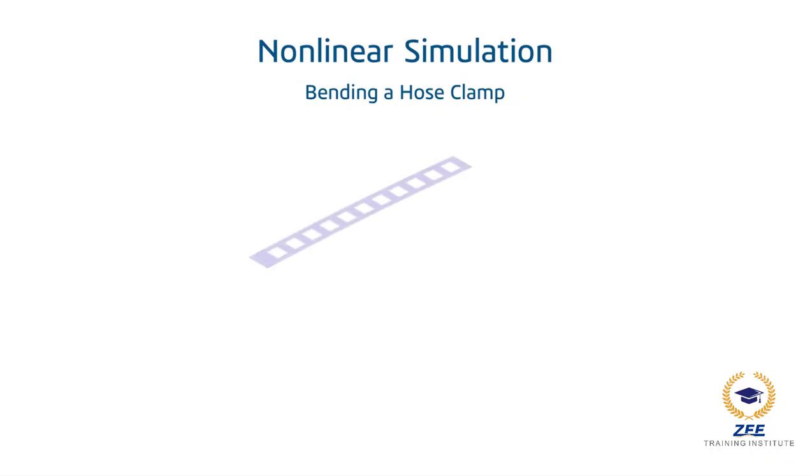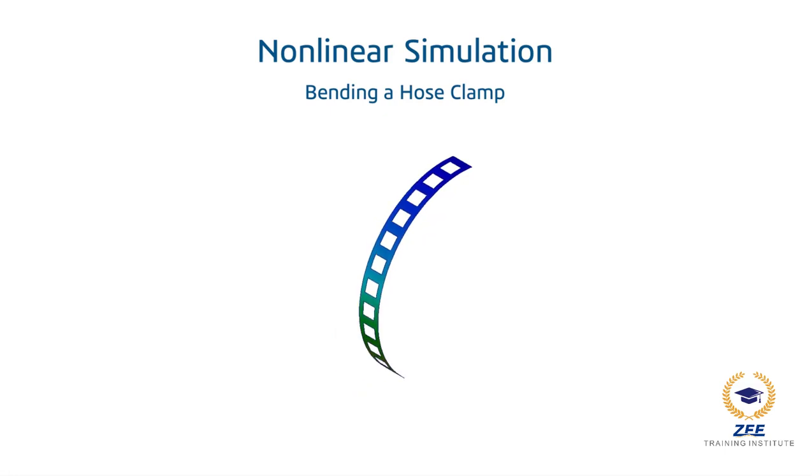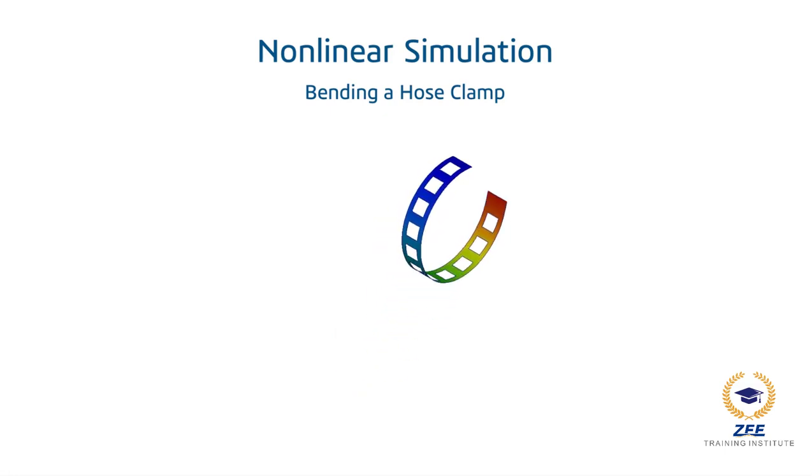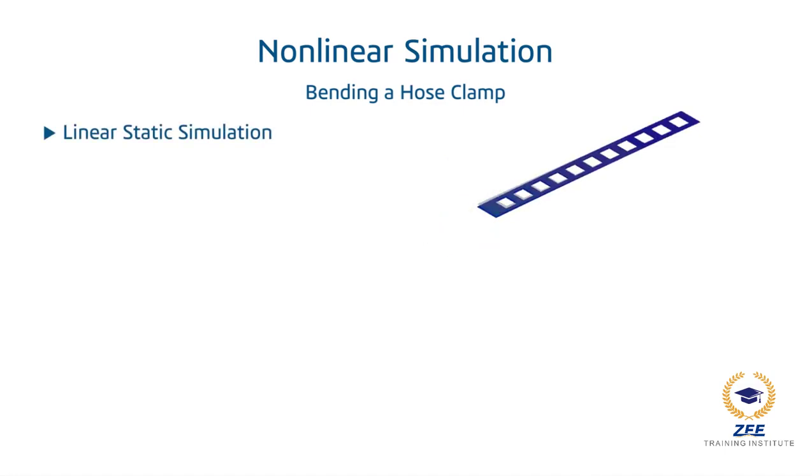In the following lesson, we will analyze a steel hose clamp as it bends around a hose with multiple simulations to highlight the difference between a linear and non-linear approach to solving problems. We will start by defining a linear analysis, which will not produce an accurate solution due to the non-linear nature of